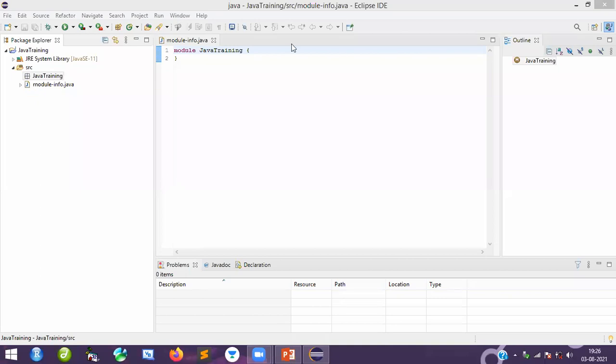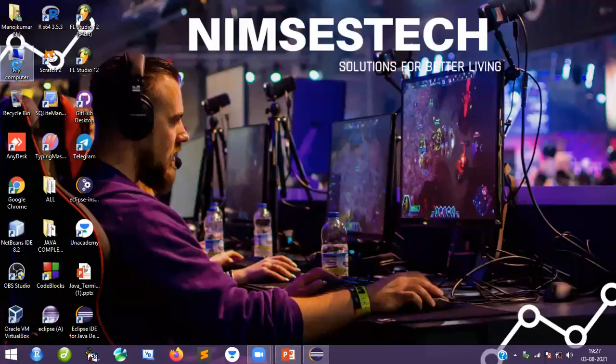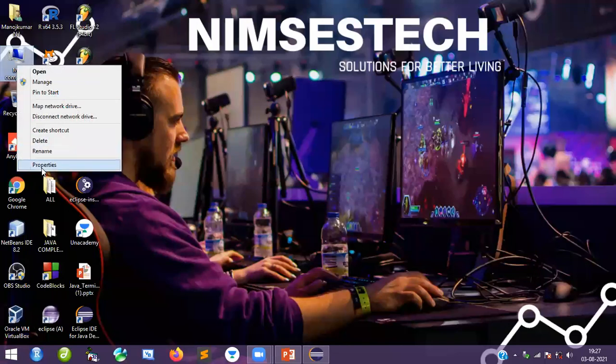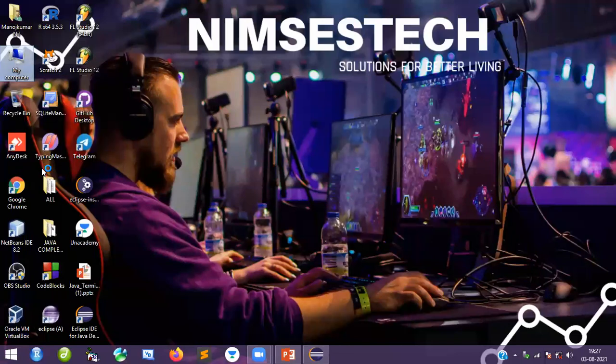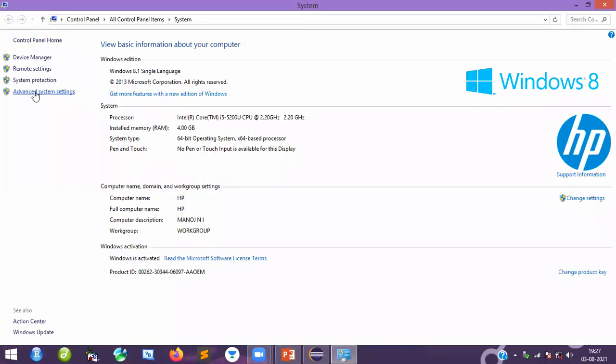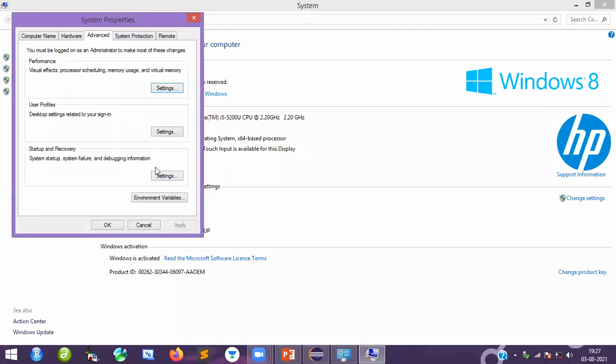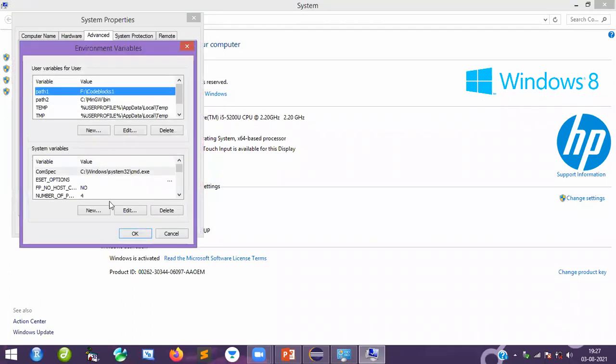Sir, JDK installation: after copying the path, where should we paste? Go to the environment variables. Where are you exactly? Tell me. I copied the path. Have you gone to Properties? Properties, here, Advanced system settings, Environment Variables.